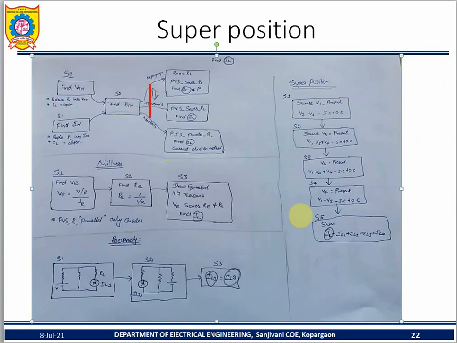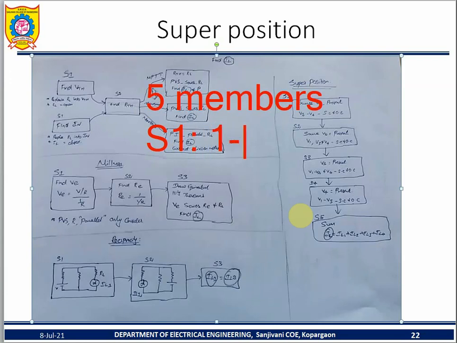Okay, in the room, 5 members are present. Then step 1. What is step 1? Come on, open your mouth. Come on, tell me who is present. Number one. Okay, I1. Find out the I1. Very good.